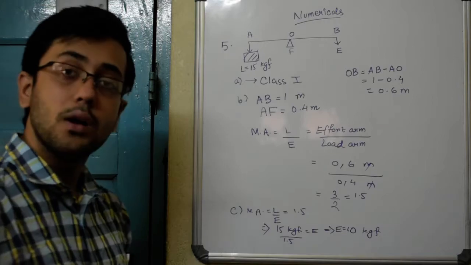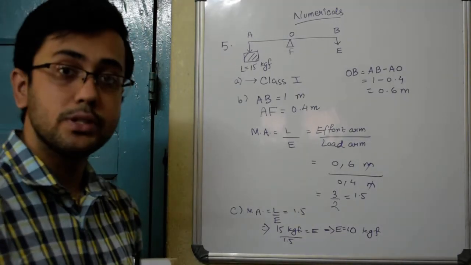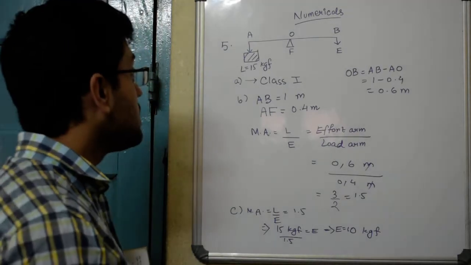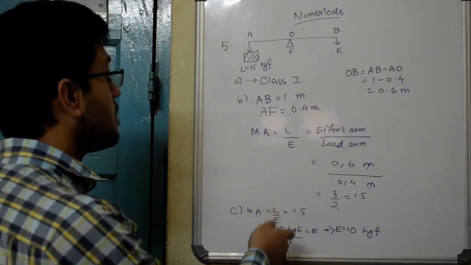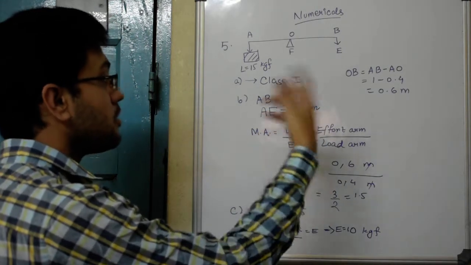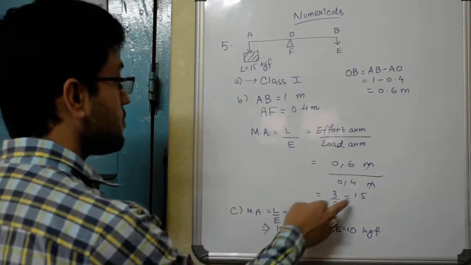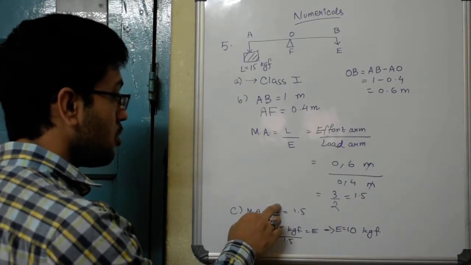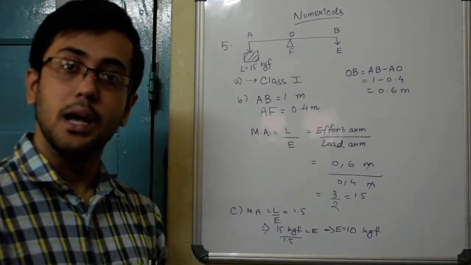So this is one of the sample problems. What you need to do is read the question properly. First part asks which class it belongs to, class 1 lever. Second part wants to know the mechanical advantage. If you find that load and effort both are given, you can use this formula. If you find that effort arm and load arm are given, you can use this formula. And then once you find mechanical advantage using this data, you can find the effort, because now load is already known to us, mechanical advantage is known to us, the only unknown quantity is effort.